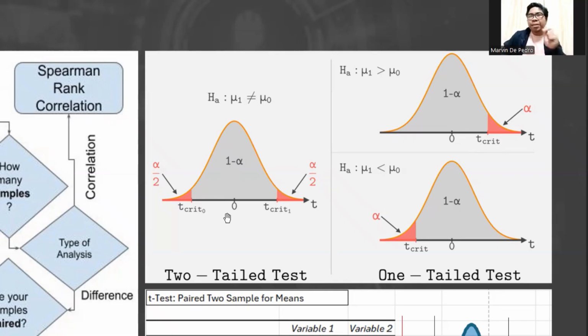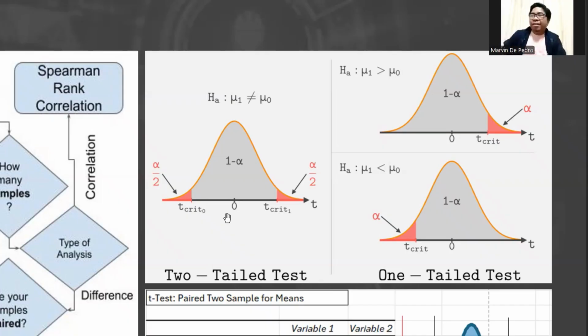Okay, two-tailed test, normally the null hypothesis says there is no significant difference in the two or more things that we are comparing. That's the conventional start of the hypothesis.